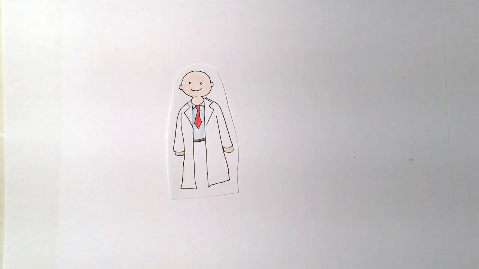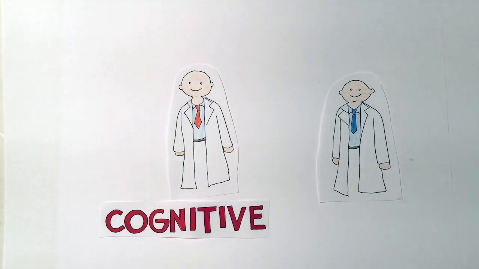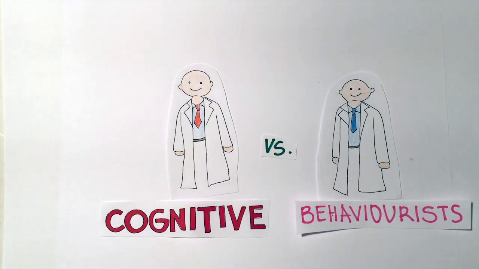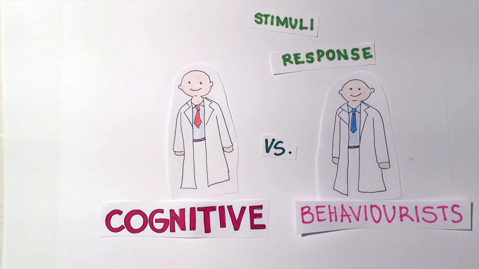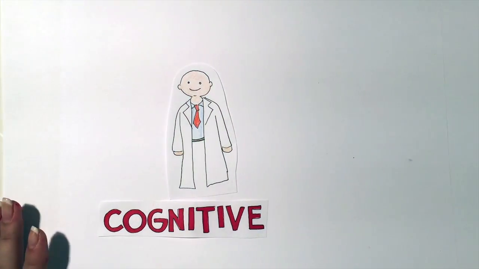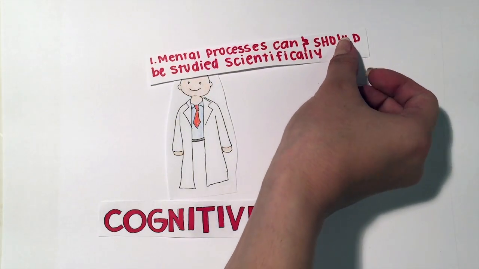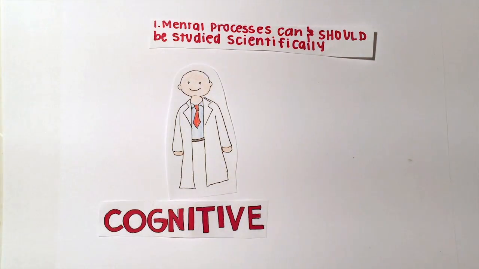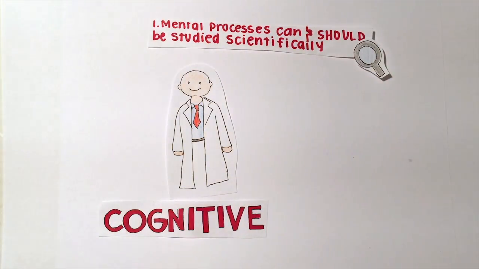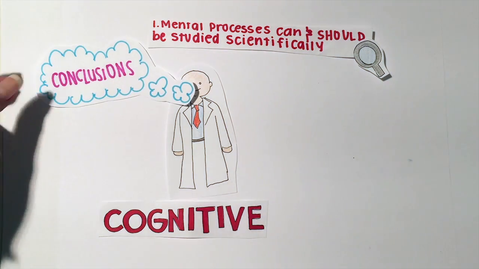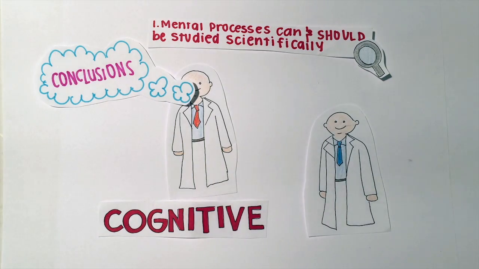Cognitive psychologists, in a way, are the opposing parties to behaviorists, who believe that nothing intervened between stimuli and response in terms of mental processes. These cognitive psychologists abided behind two basic principles that favored them in regards to their opposers. They primarily believed that mental processes can and should be studied scientifically. This was because their study would provide the opportunity to formulate theories that later on could be tested using scientific methods. Making models about the unobservable allowed scientists to reach conclusions on subjects that behaviorists never could.